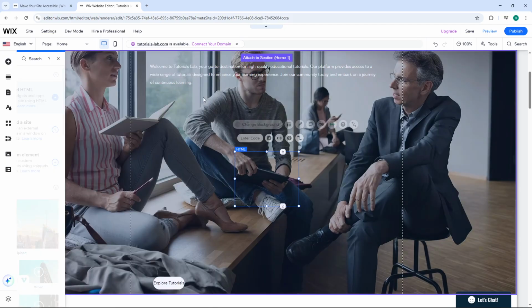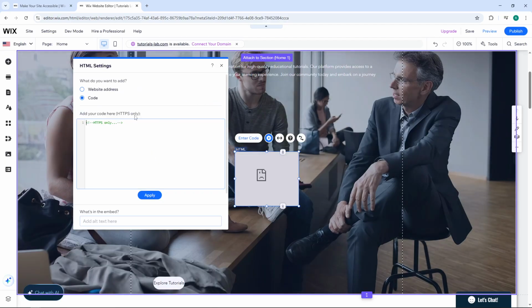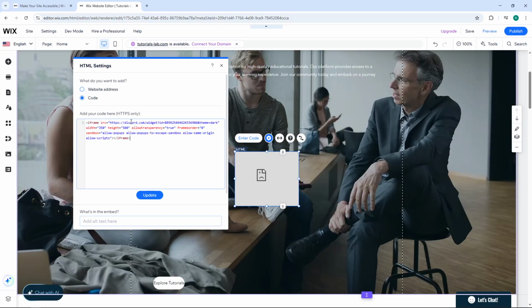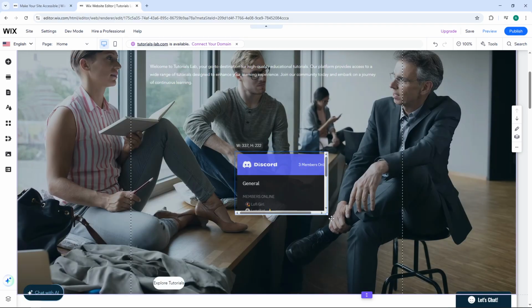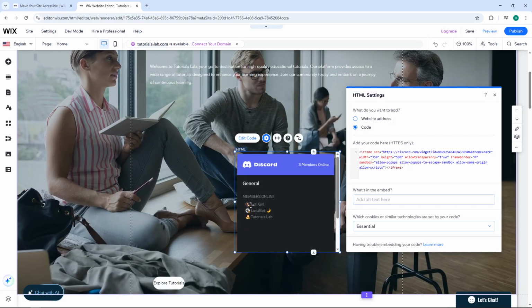It will automatically be added to your website page and a code editor will appear. This is where you'll paste the widget code from Discord. Simply paste the code into the editor, then click Update. Your Discord chat should now appear on your Wix site, allowing visitors to see your server activity and join the conversation. And that's it. You've successfully added Discord chat to your Wix website, creating a seamless connection between your site